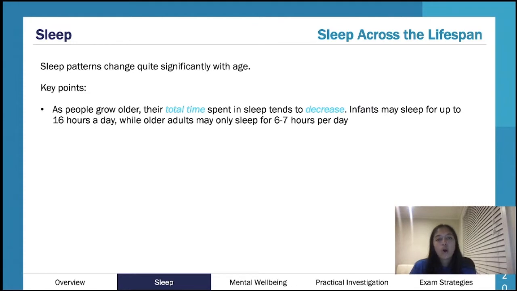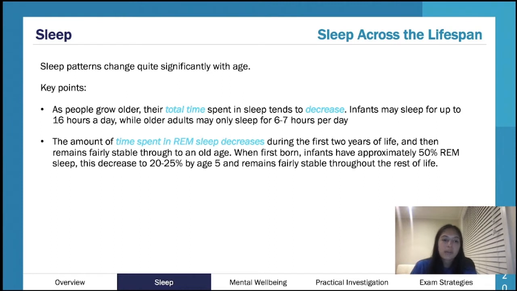But as you grow older, your sleep time decreases. So when you're just born, you spend heaps of time asleep, so about 16 hours. This can be fragmented, but all in all, in 24 hours, you spend 16 hours asleep. And as you age, it's obviously less and less. And by the time you are an adult, like 20 to 30, that's about 8 hours-ish. And then as you get older, so become elderly, it can be 6 hours. So obviously to a young adult, 6 hours might not be enough. They might be sleep deprived, whereas 6 hours can be enough for someone who's elderly.